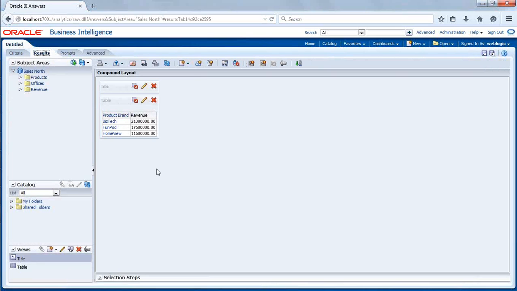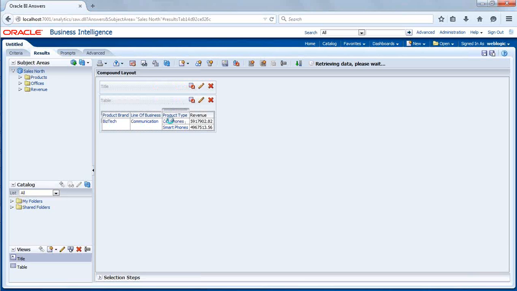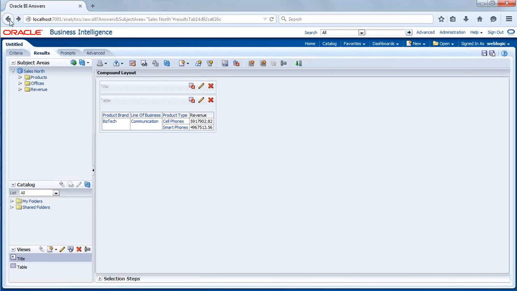Now if I click on the brand, I'm navigating to the line of business. If I click on the line of business, I'm navigating to the product type. If I click on the product type, I'm going to the individual product key. If I go back, fun pod. Okay, there's a fun pod, and within the fun,